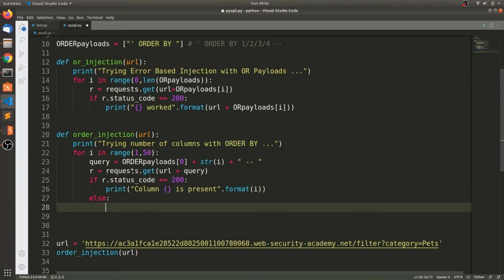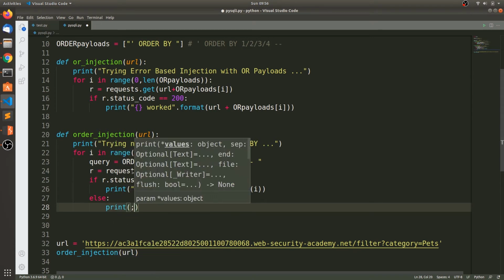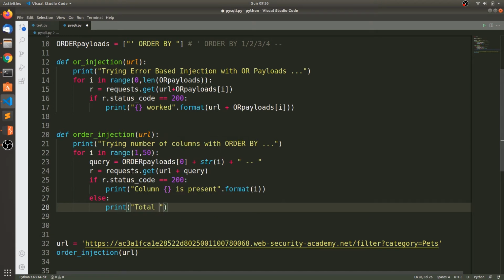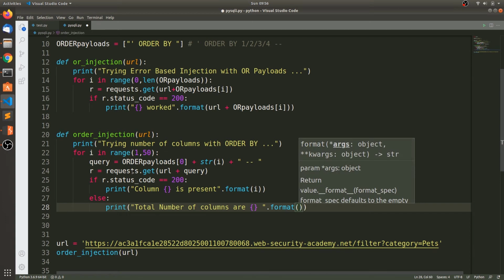Else, if there is no column and we get the error, we print total number of columns, format of i.